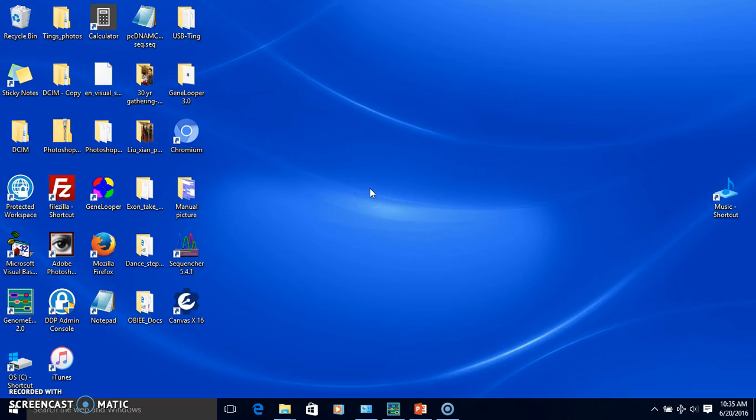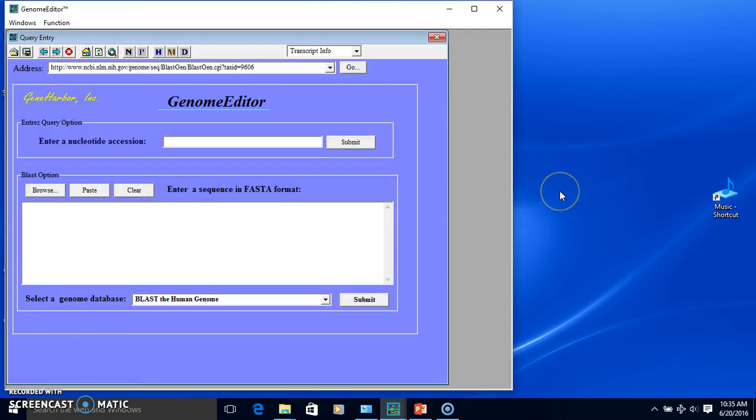To use the program is actually pretty easy. First, you need to double-click on the program icon to launch the program. In this program, we enter either the accession number of EGFR or the sequence of EGFR in this box. So let's use the accession number of EGFR, which is NM_005228. After entering the accession number, just click on the Submit button,